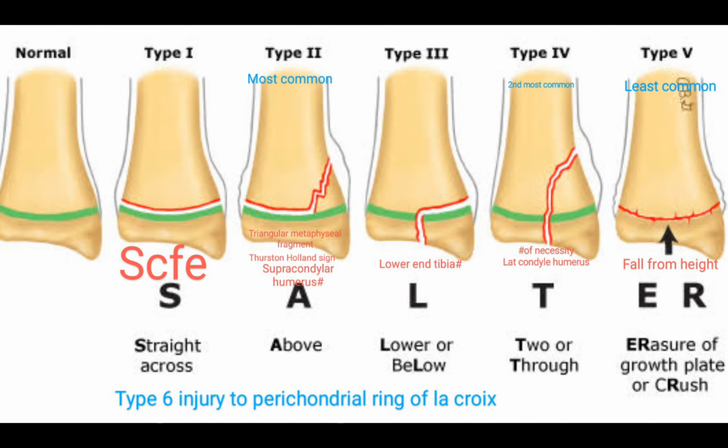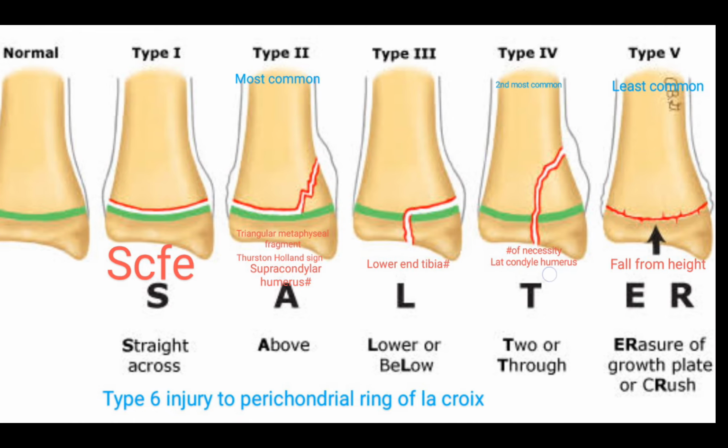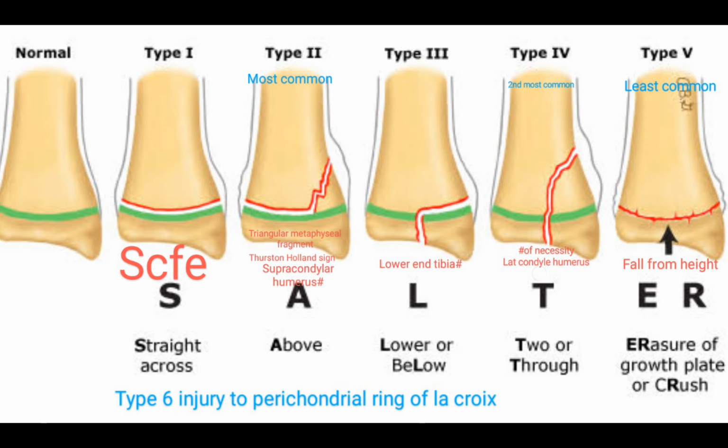And this is the case of lateral condyle humerus fracture. Then is from the ER. From the ER we have type 5, erasure of the growth plate or crushing of the growth plate, meaning